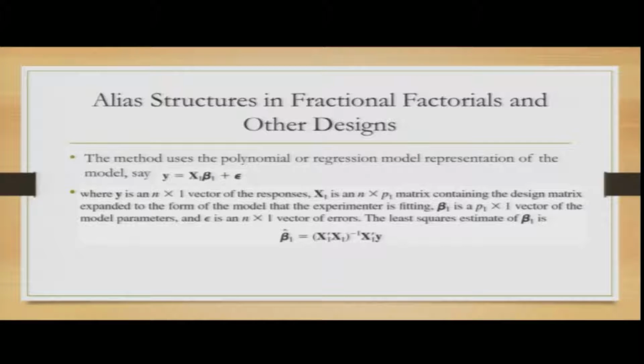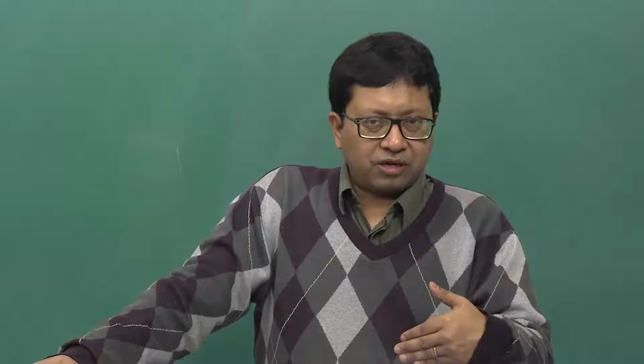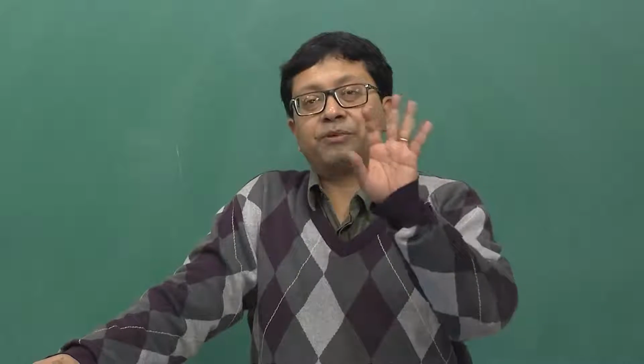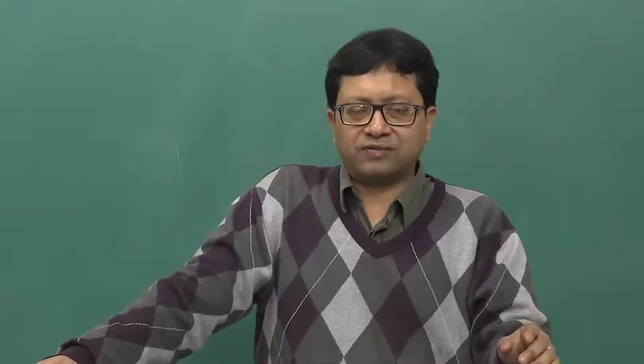So, the least squares estimator is given by beta hat. Hat means the estimator. It is given by the inverse of the transpose of x multiplied by x, multiplied by the transpose of x into y. With this, I will again come to why and how we are trying to find the beta. Again I will repeat it in a very simple qualitative sense, not in the quantitative sense.